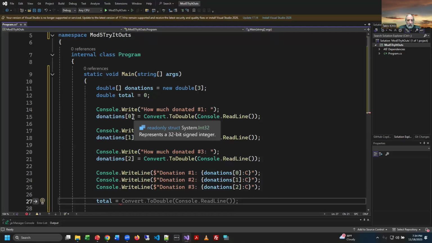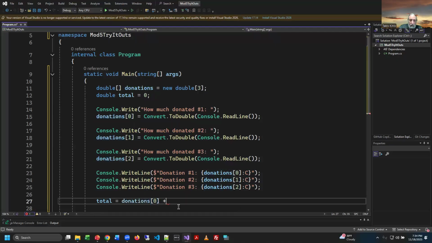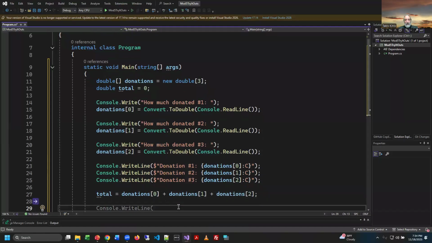So I can take donations 0 plus donations 1 plus donations 2. And I'm hoping you guys can type that one on your own. It's not too hard to do. And then we can put the total back up on the screen, and we can just do something simple like